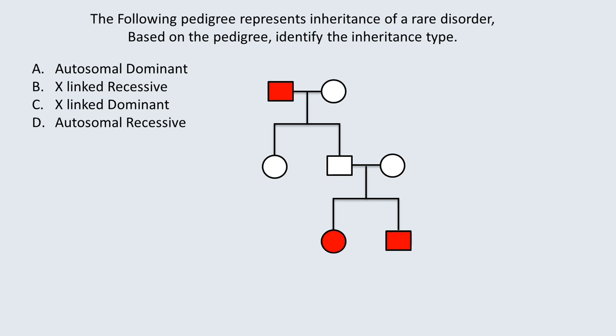So let us check whether our preliminary guess is correct or not. Let us begin with the genotypes: 2 small a for the male, and for the female also 2 small a, but you can see that there is a color demarcation. In the case of the male, he is affected because both of those two alleles are lethal, that is mutated, hence he is showing the trait. But the female is completely healthy and normal.